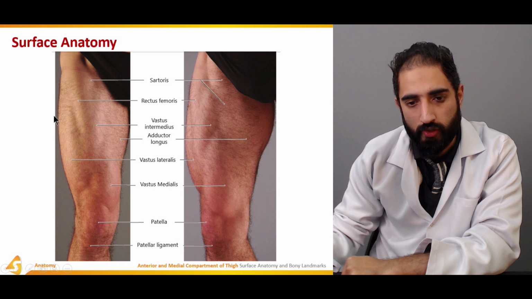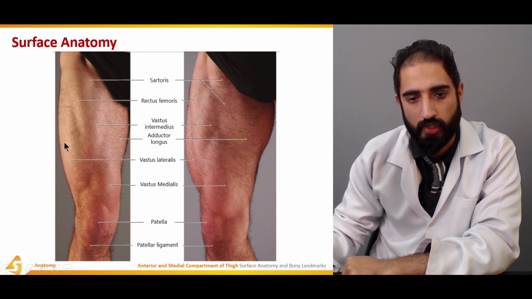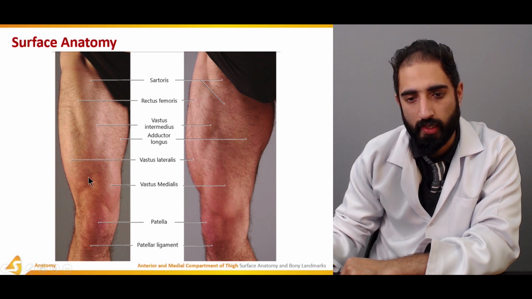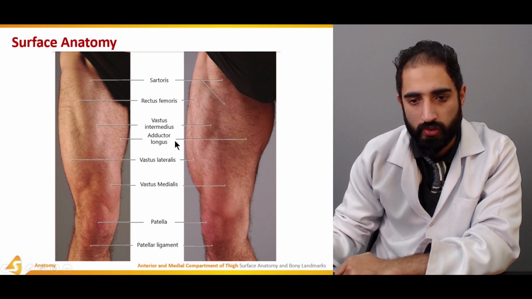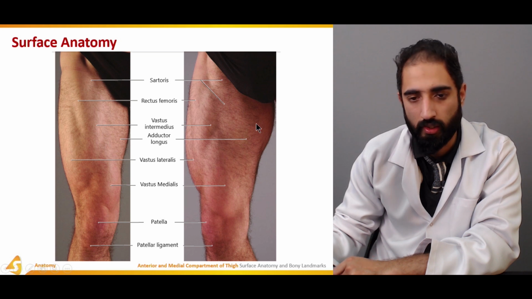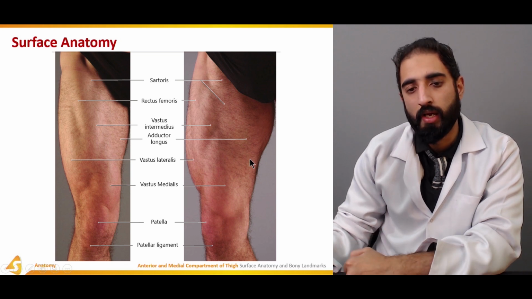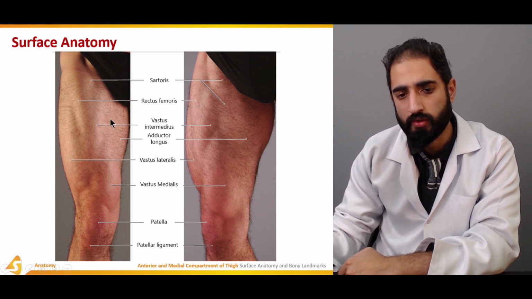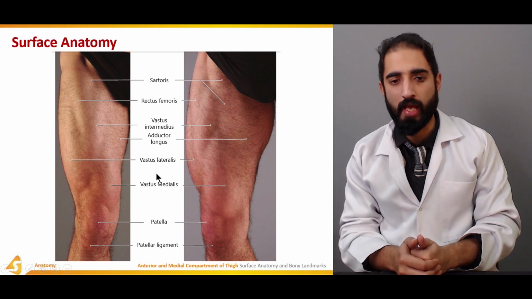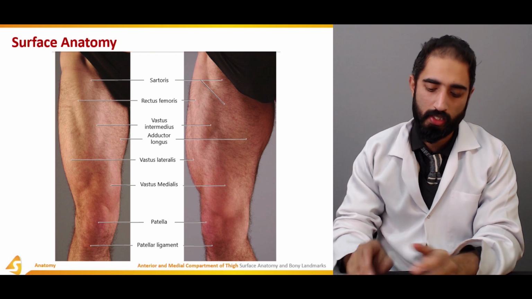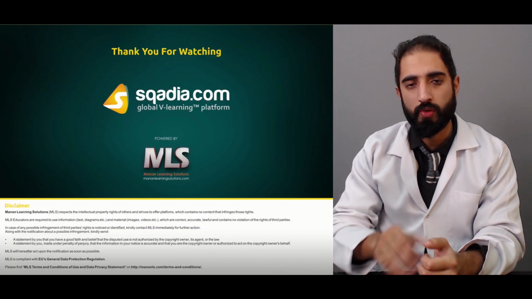Among other muscles, we can look at the vastus lateralis, also a part of the quadriceps femoris, located on the lateral aspect, and vastus medialis, another part of the quadriceps femoris. Here we can also see the adductor magnus, more remarkably here, which is one of the medially located muscles, and perhaps the largest of the adductor muscles. These are all the structures you can easily palpate, identify and observe in the surface anatomy of any individual. So that was all about the first